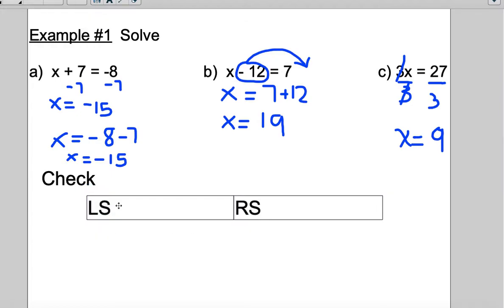On the left side, you're going to take your equation